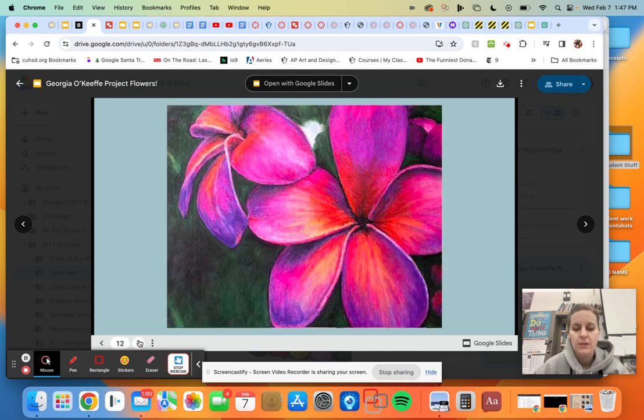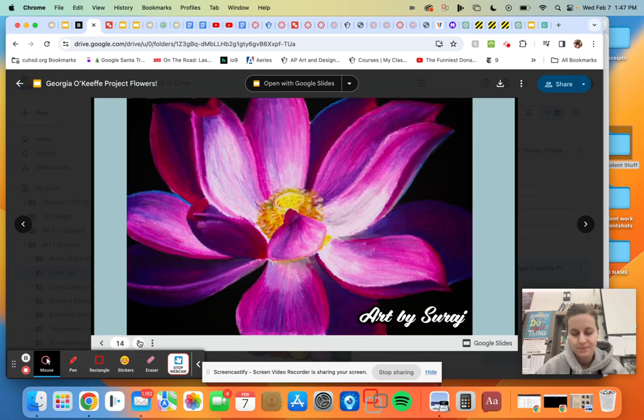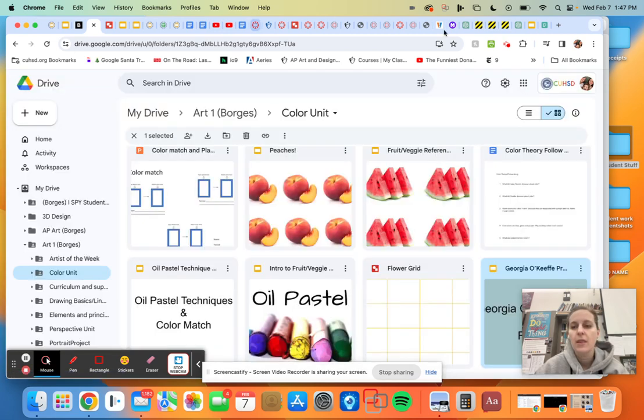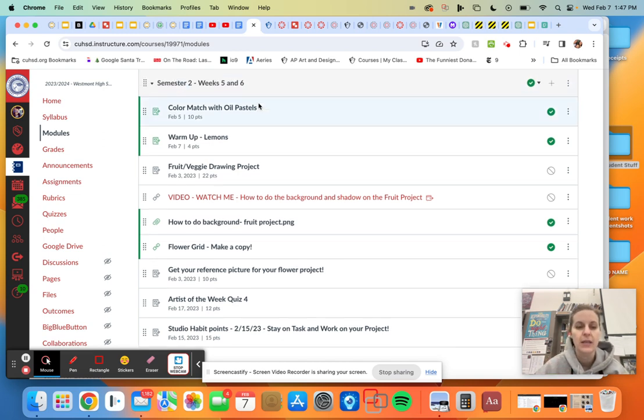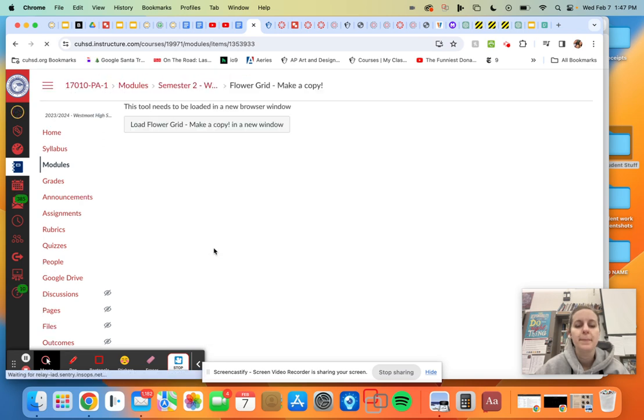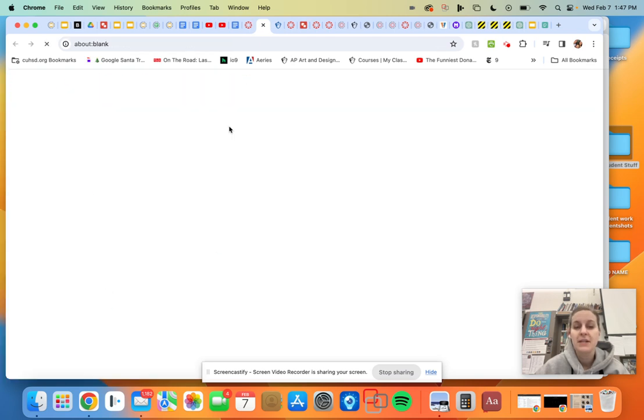So I want to give you some helpful stuff so you can find a good picture and crop it well and do all that good stuff. Something that we will use is, here we go, we're eventually going to use a grid to help us draw our flower more accurately. So in our beautiful modules in Canvas, you're going to see this thing that says flower grid, make a copy. And if you open that up and then you click that button,